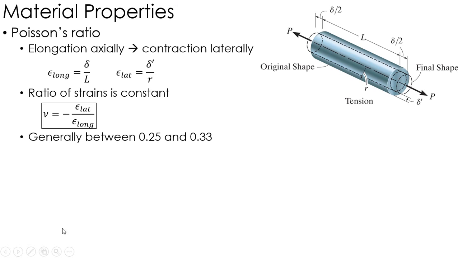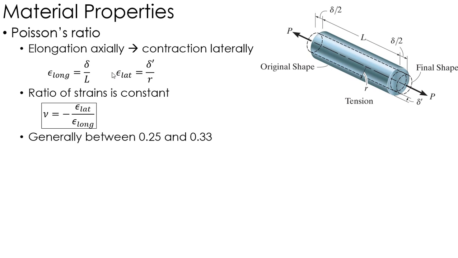Now, the ratio of these strains is what Poisson's ratio is. So the ratio of the lateral strain over the longitudinal strain is Poisson's ratio. And there's a negative sign in front of that. And that's because, again, when one increases, the other decreases. So Poisson's ratio would be